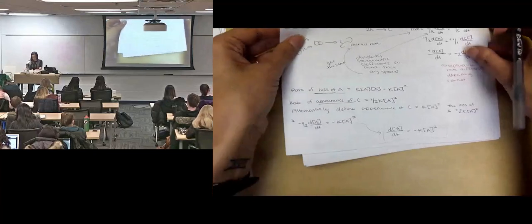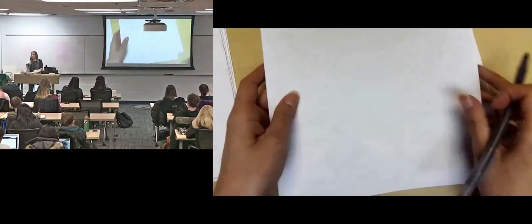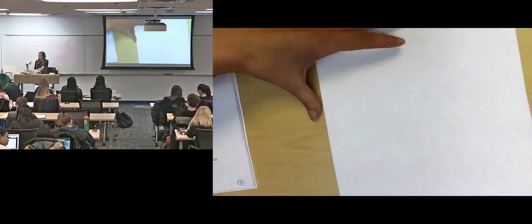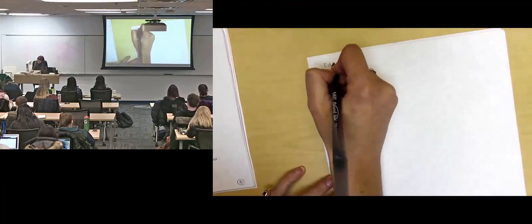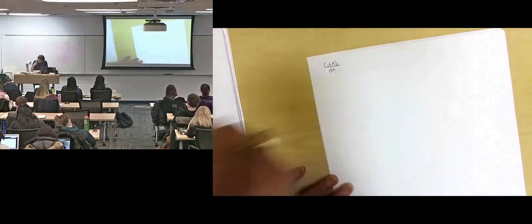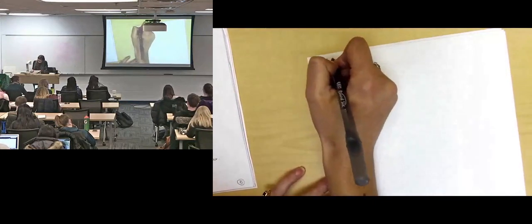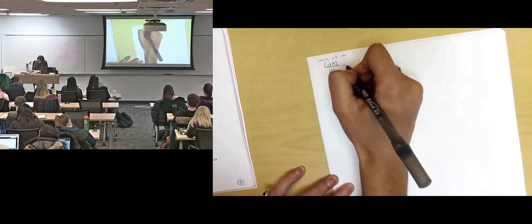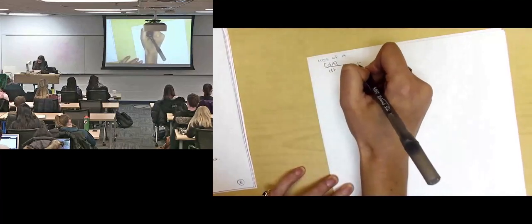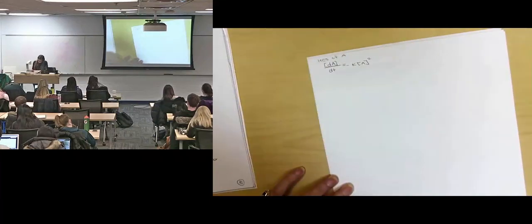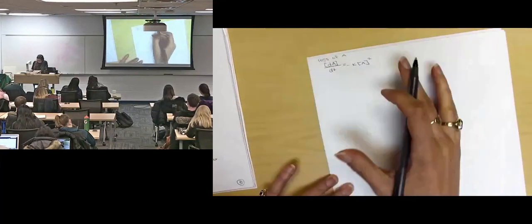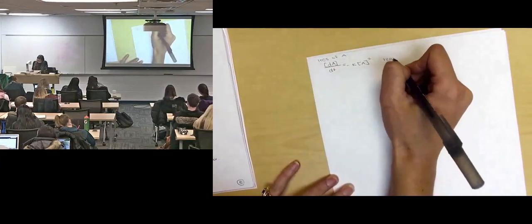So we'll go ahead and we will integrate that. And that's the version that you'll see most often, and the version that I will put on your equation sheet. So we have dA dt, the loss of A, is -K A squared. If we let it be defined like this, we can rearrange it